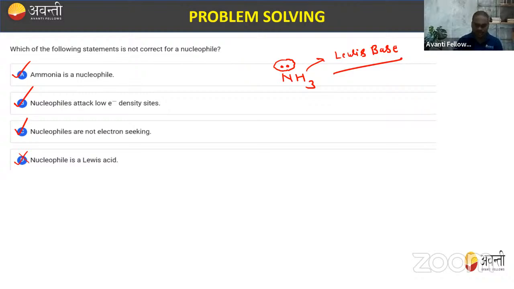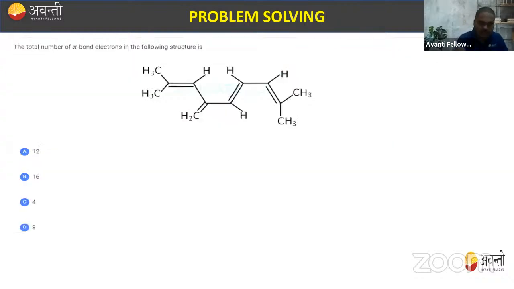सो जो डी ऑप्शन है ये इस क्वेश्चन के लिए सही होगा, क्योंकि हमें पता करना था रॉन्ग स्टेटमेंट. सो विच ऑफ द फॉलोइंग इज द रॉन्ग? दैट इज ऑप्शन डी, कि न्यूक्लियोफाइल को हम लेविस एसिड बोल रहे हैं. न्यूक्लियोफाइल इज ऑलवेज कॉल्ड लेविस बेस, नॉट लेविस एसिड. क्लियर है ये चीज? चलो, now again in this question you need to calculate the total number of pi bond